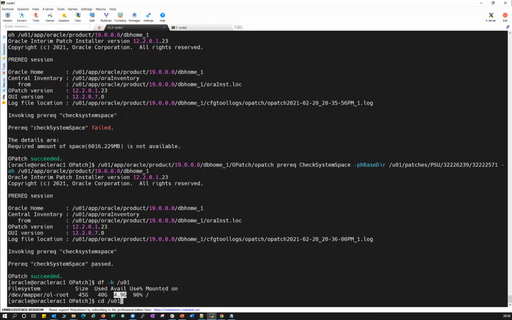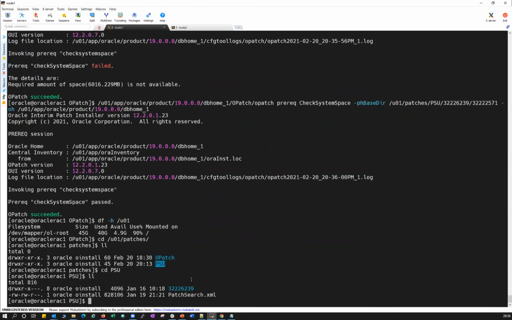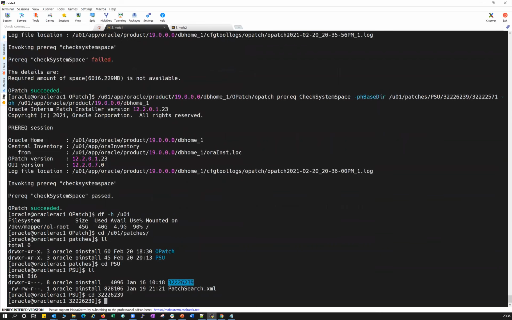We don't have much space on this. So again, I need to clean up something. What I'll do, I will go into my PSU, U01 patches. What else can I remove here? I don't think I can remove any of the patches here, but I can remove whichever patch is not needed for DBM.